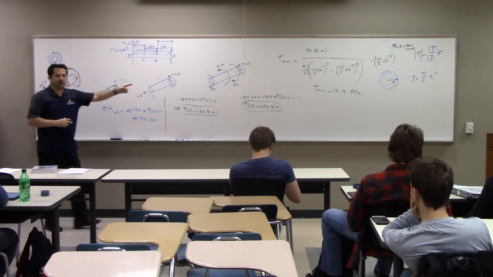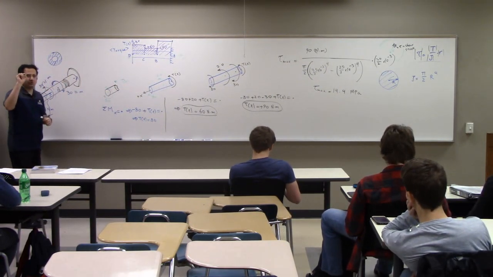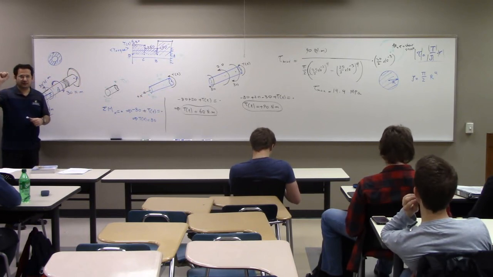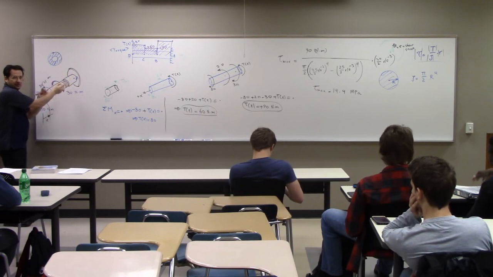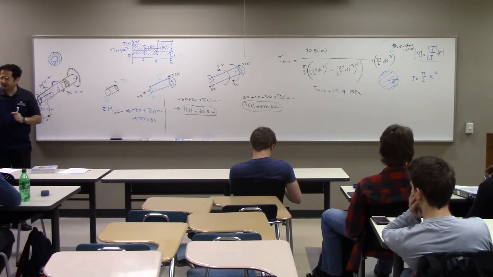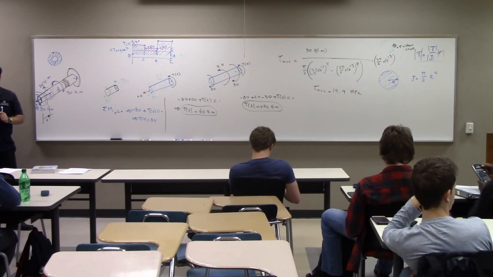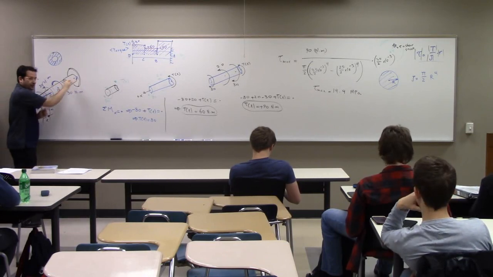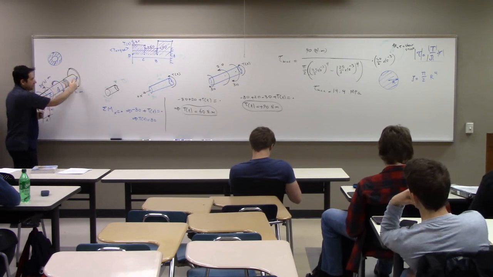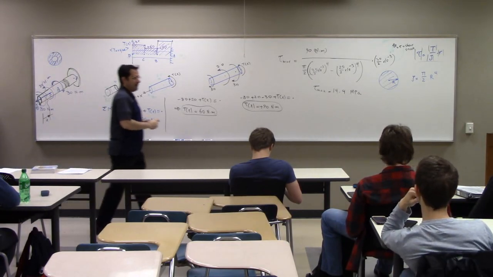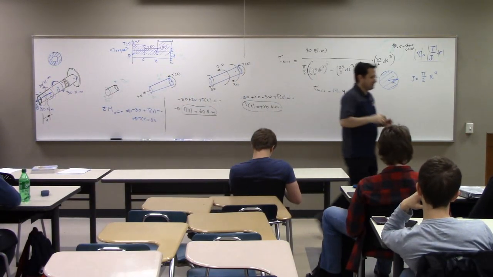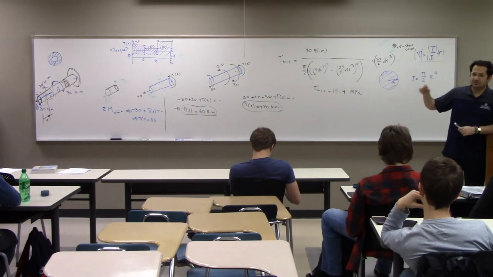So what's the location where τ max is happening? Is it only one particular point? Is it a line? It's happening between A and B, the entire surface, right? Sometimes it happens only at one particular point, and we call it a stress concentration point. Sometimes it happens along a line. Here it happens along this surface, from here to here, all the outer radius. You see that? So now, if you have access to CAD modeling software, you can create that model, put it in the CAD,